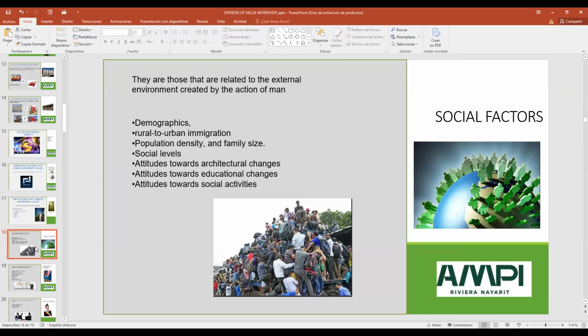These are social factors. Demographic: when there is immigration of a lot of people to some city, whether you are from the United States or Canada, a lot of people from all over the world try to go to the United States, and the immigration transforms the prices of the cities.